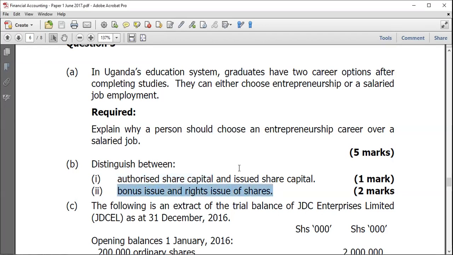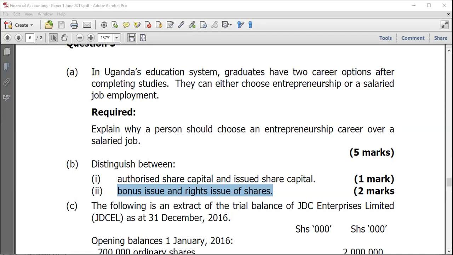And then we now have what we are calling the bonus issue and rights issue. Bonus issue and rights issue. Now, what is a bonus issue basically? From the word bonus, usually these are additional shares that are given to already existing shareholders. Okay, so it's more of you buy one share and then you're able to get a bonus to it. Okay, so they are free additional shares that are